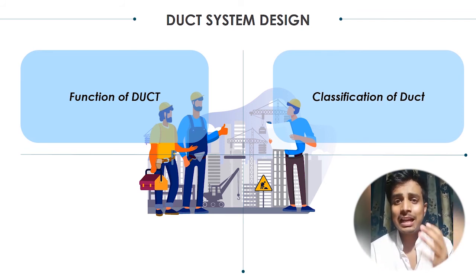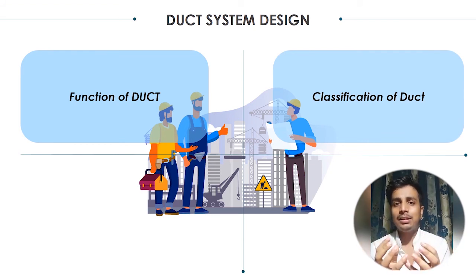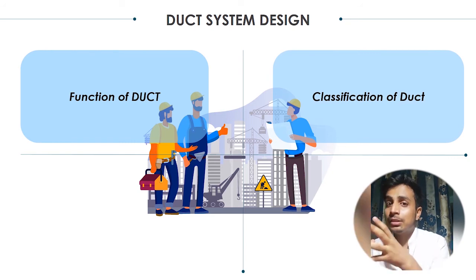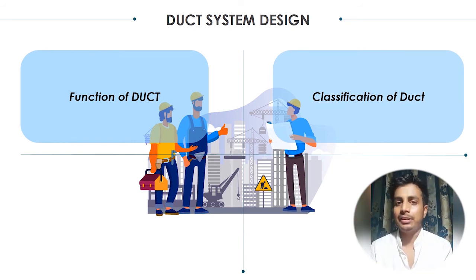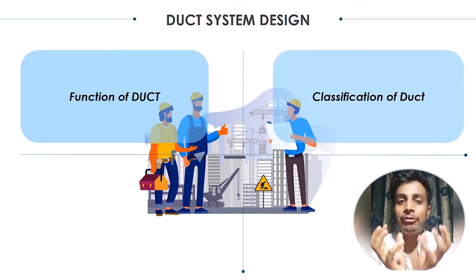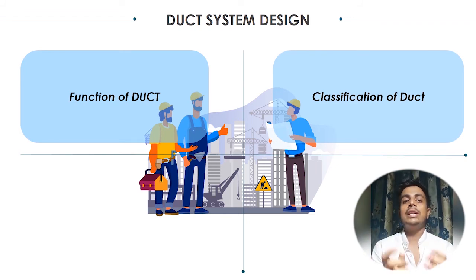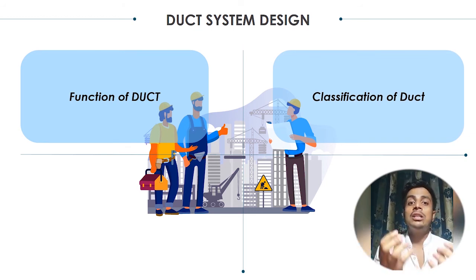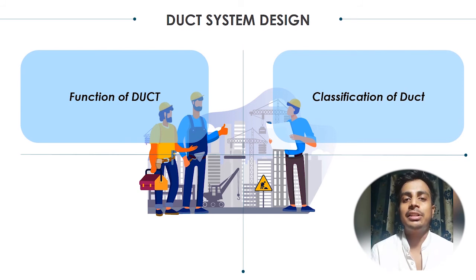Supply air duct is the duct in which air is coming from an apparatus to the space where air is required to be conditioned. When that air comes back to that apparatus or machine or HVAC system, it is called return air duct. And we also know some amount of fresh air we need to circulate in the air conditioned space. So that duct which carries the fresh air is called fresh air duct.